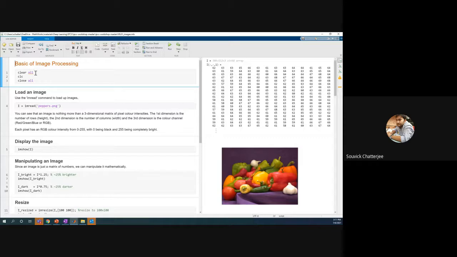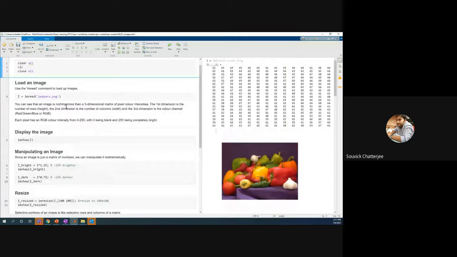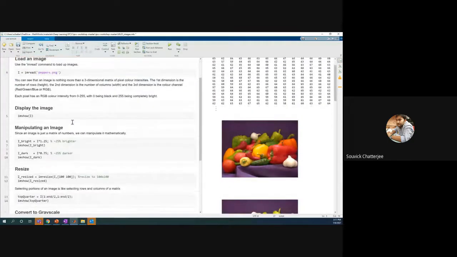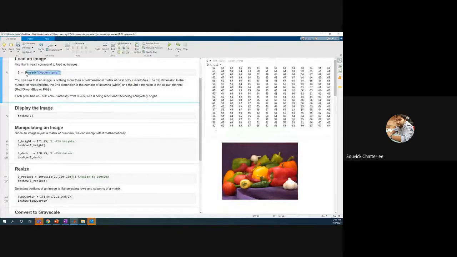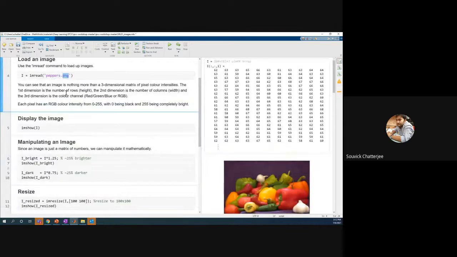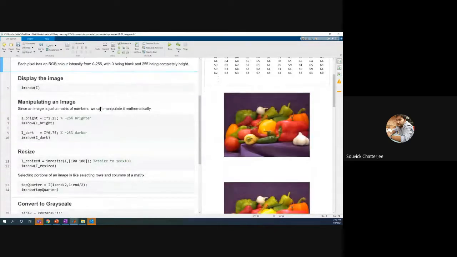Here we have opened up this live script, and whatever we have discussed, we are doing here. As you can see, we can break sections, we can take in images, and there are a bunch of things we can do. Like the peacock, this is another image we are taking in. It's peppers, and this file extension is PNG. Inside MATLAB, you can have PNG images, TIFF images, JPEG images, and all these types of formats.